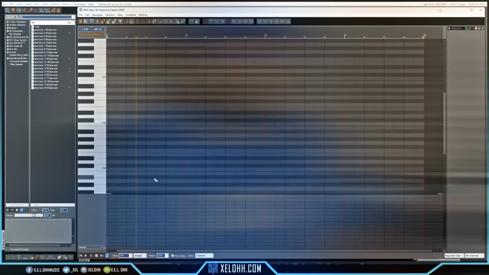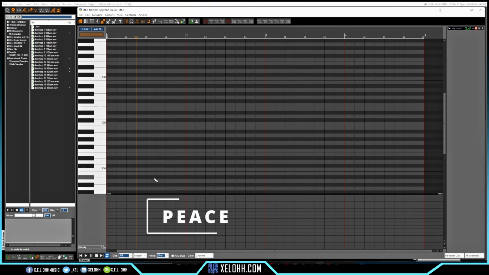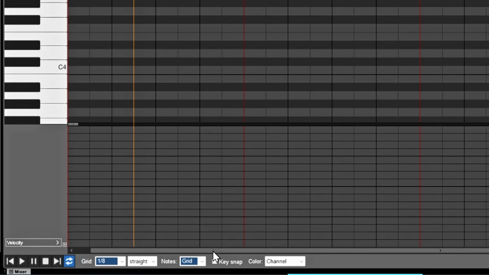Let me show you. All right, so here we are in Reaper. This theme right here is called Peace. So I'll show you the same thing inside of Reaper. It's just a different location where you can actually do it. So if I wanted to set it to C natural minor like it is in FL Studio, I will go down here to the bottom, click on where it says key snap,